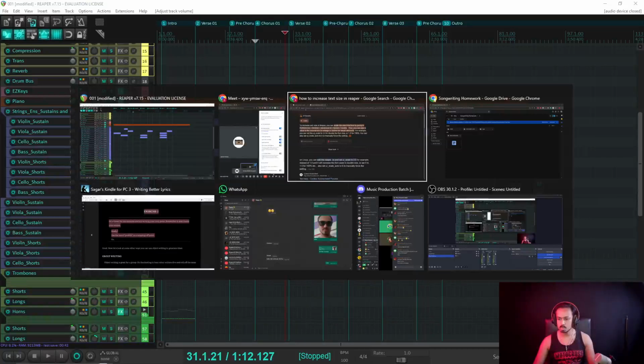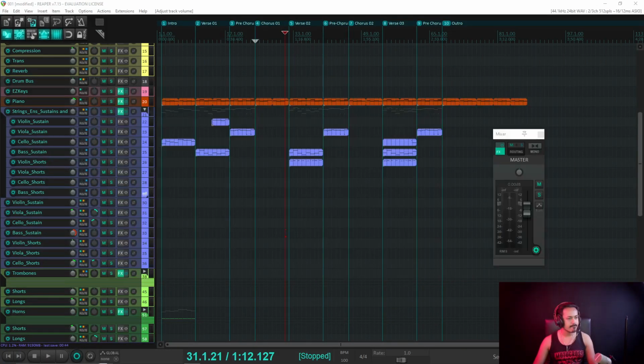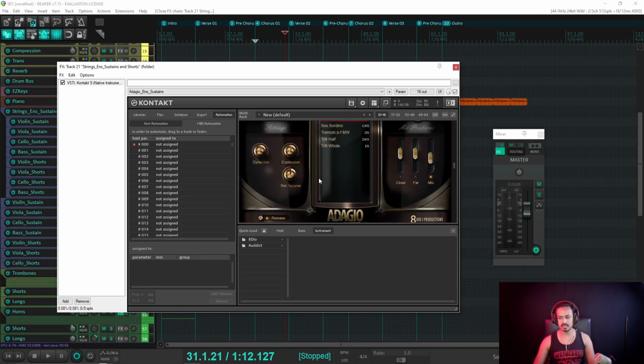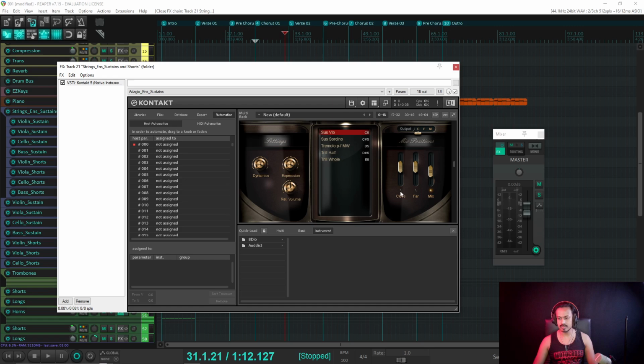Wait, okay. Where did this go? There you go. Now we have to find bass sustain. So with sustains I've kept violin, viola, cello, and bass. So the bass I know is completely dark like this. So now here we have close and far mics. All right, mic positions. Now if you increase this,